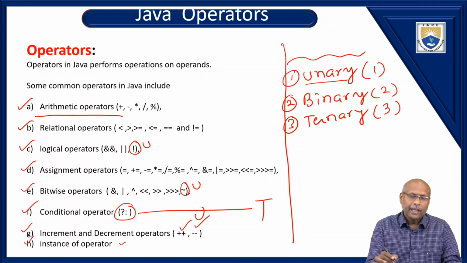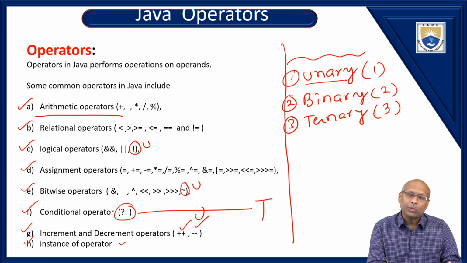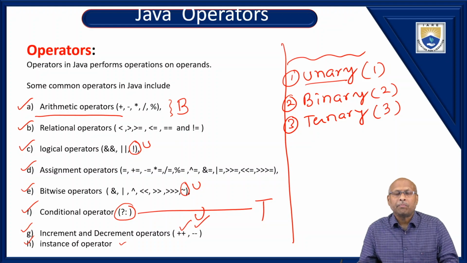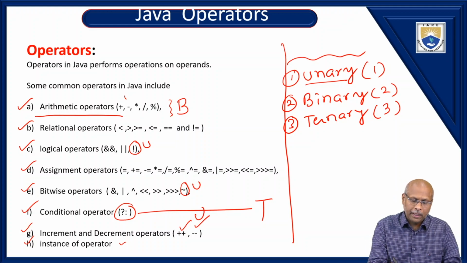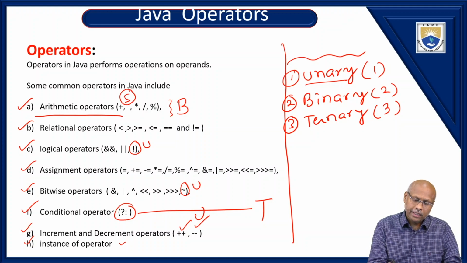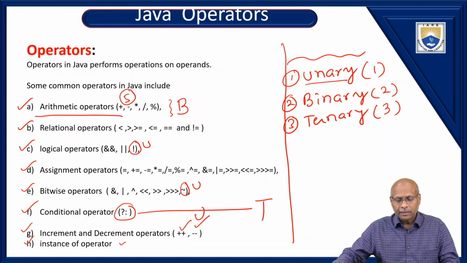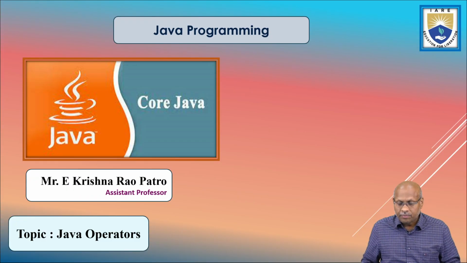First, we'll go for arithmetic operators. Arithmetic operators always depend on two operands. That's why all arithmetic operators are binary. Sometimes even in the exam, they may ask a question: how many arithmetic operators are binary? The answer is 5. All 5 are binary. What are the 5 arithmetic operators? Plus, minus, star, division and modulus. They all depend on two operands. So now we'll use a program to check